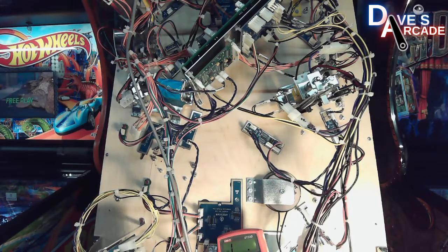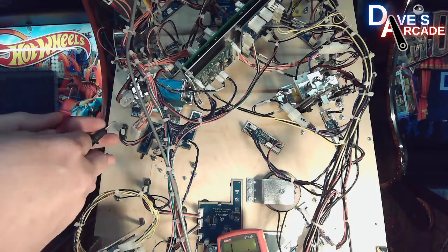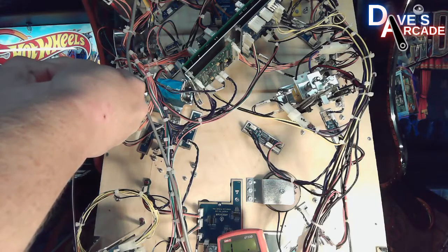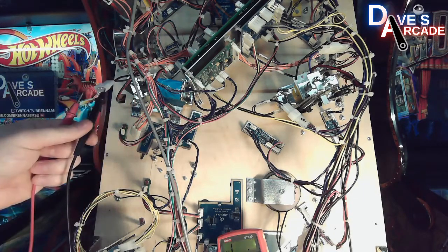One is going to be a low resistance for basically your power stroke, or when you first hit the flipper button, and then you have your hold power, which will be a high resistance. So as you hold the flipper button in, it doesn't burn up your coil when you sit there and hold it. So take your black lead, or any lead really, and you touch the black wire, and then the center pin, and I'm getting 4.3 ohms,